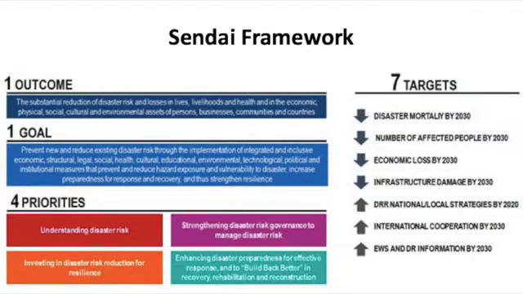So their priorities are understanding disaster risk, investing in disaster risk reduction for resilience, strengthening disaster risk governance to manage disaster risk, and enhancing disaster preparedness for effective response, and to build back better in recovery. And often what they mean by build back better is to look at sustainable options to ensure that certain forms of critical infrastructure, for instance, have more capacity to bounce back or less capacity to be